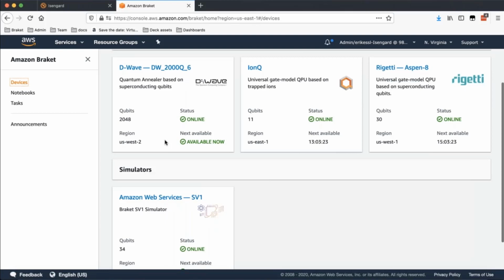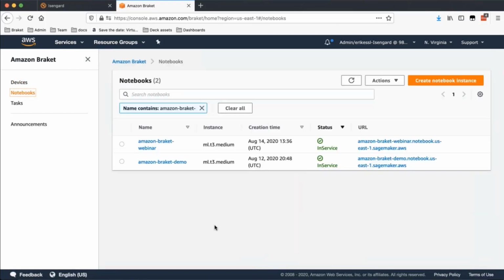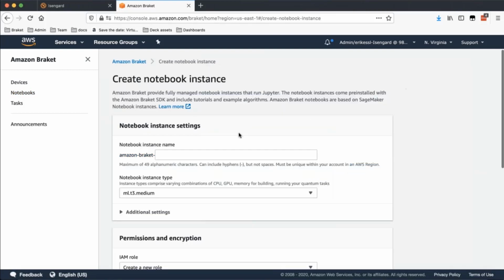To get started, you can open the notebooks page. And as I mentioned before, you can choose to create a notebook instance from here. You can also alternatively choose to download the Amazon Braket SDK. It is open sourced. You can find it on GitHub, and you can use any IDE that you like. If you want to create a notebook, you can just click here, choose a name,